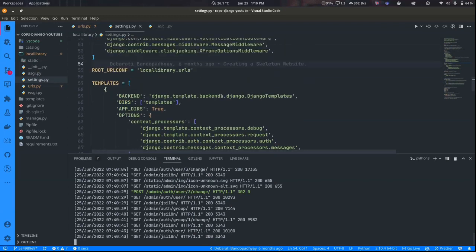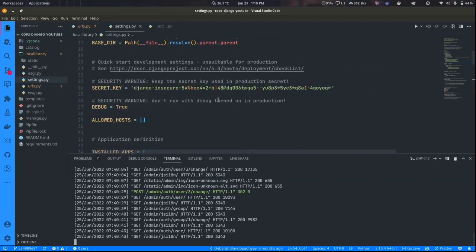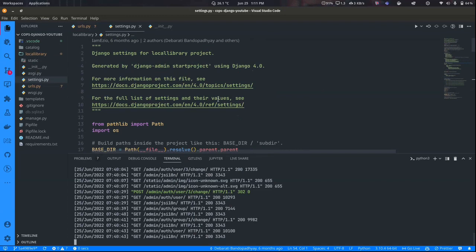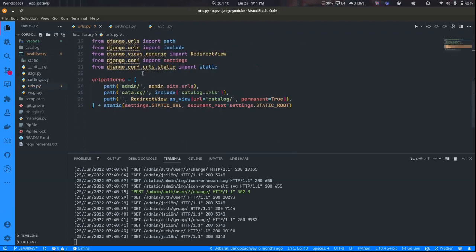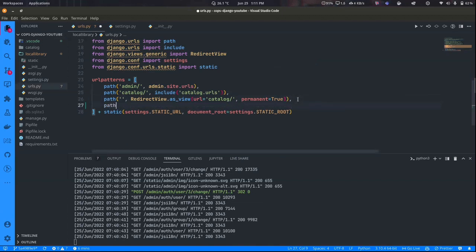Okay, so the first step would be to make our user authenticate. That is basically login. So we will need views for that. Basically, a URL maybe something like slash account slash login. So for this, let's go to local library URLs.py, and over here I will add one more URL, and that would be